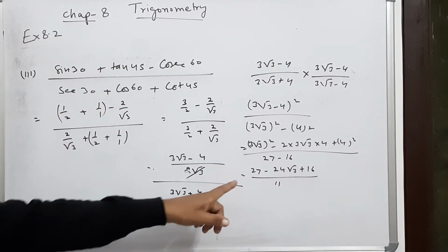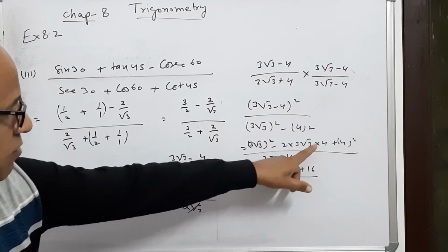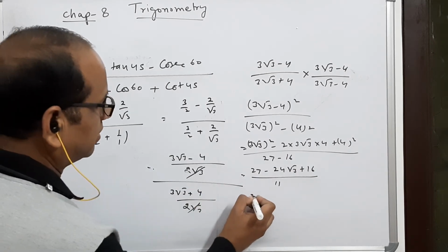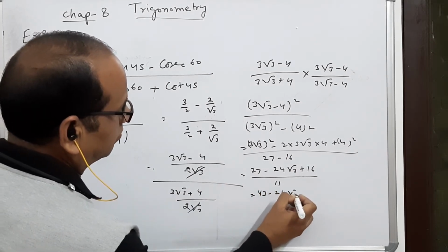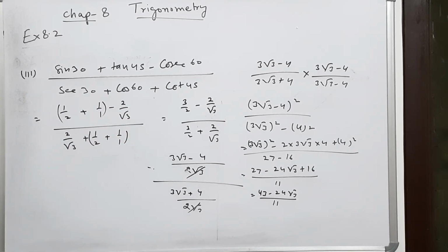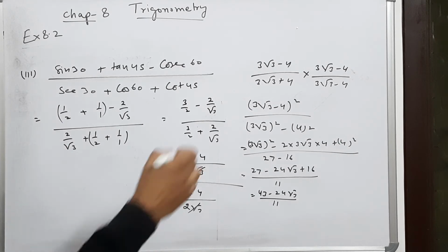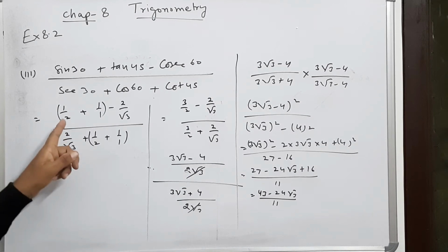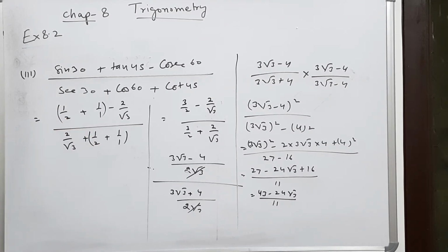It is not required much to explain for this part. Now 27, you see 4 3s are 12 into 2 24 and root 3. 16 plus 27, it is 43 minus 24 root 3 upon 11. So you can see now this is one of the complicated sums in this exercise where the proper revision of class 9 chapter number 1 irrational numbers is also there. And these types of sums are important from the examination point of view. Here the important step is 1 by 2 plus half, that will be 3 by 2. You can directly do it because these two are rational numbers and we can combine these rational numbers.